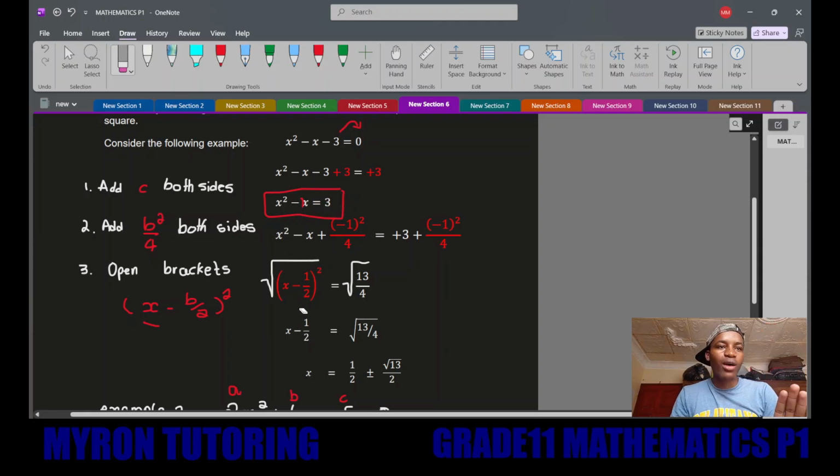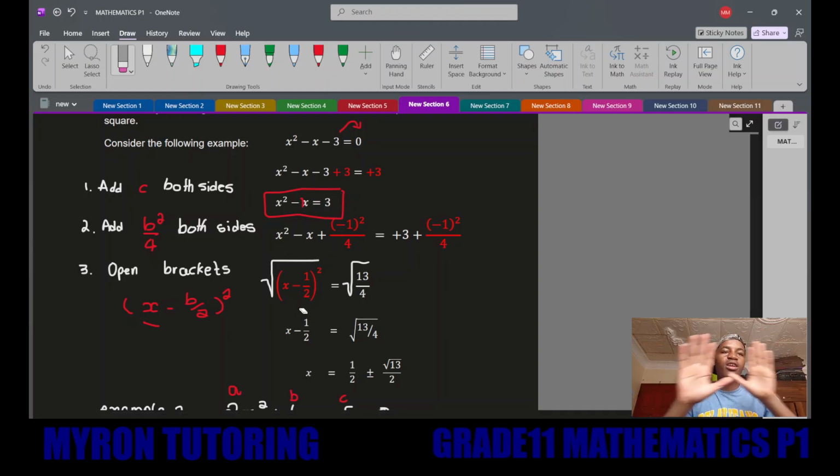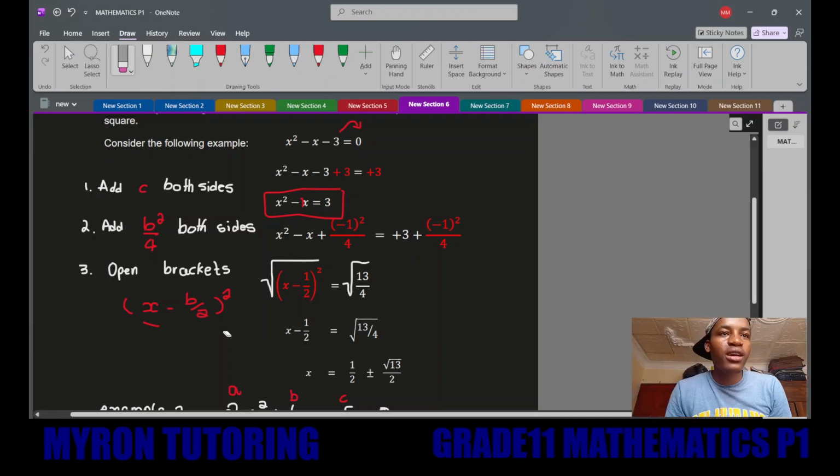It can be written using only one bracket, with b over 2 on the number side, and on this side x in brackets squared. When we have done that,